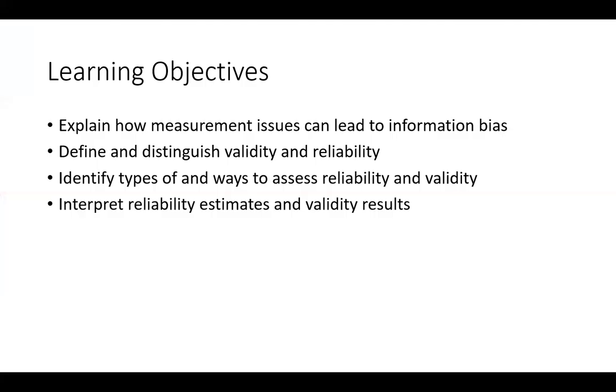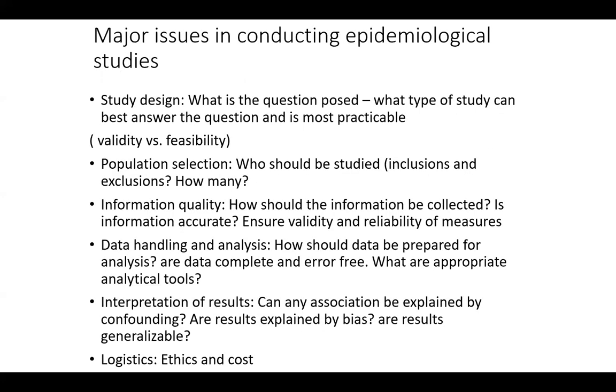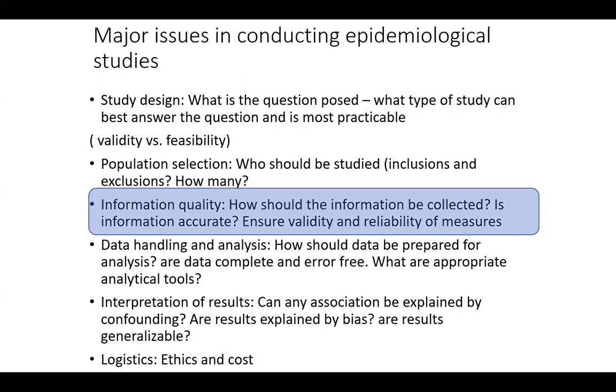So the learning objective of this lecture is to explain how measurement issues can lead to information bias. It's a short one. Define and distinguish validity and reliability, identify types and ways to assess them, and interpret reliability estimates and validity results. So this is, again, the map that I always use, that we are here